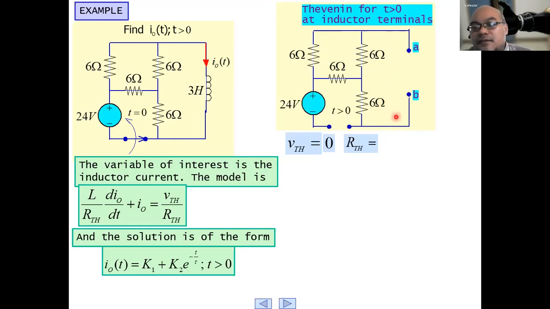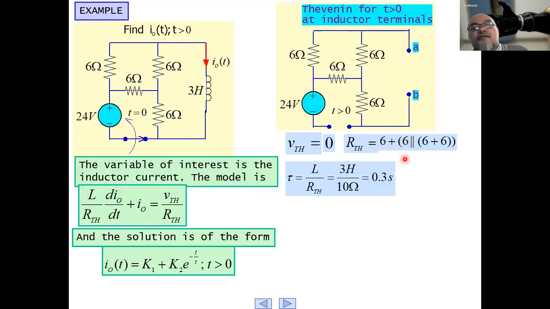Now, what is the equivalent Thevenin resistor? We just use series and parallel. So this will be 6 plus 6, plus this 6 plus 6 from here in parallel with the 6, then in series with the 6. Okay, so we obtain the value to be 10 ohm, and tau is equal to the inductance value 3 Henry divided by 10 ohm,